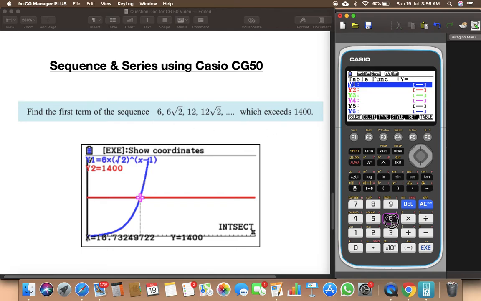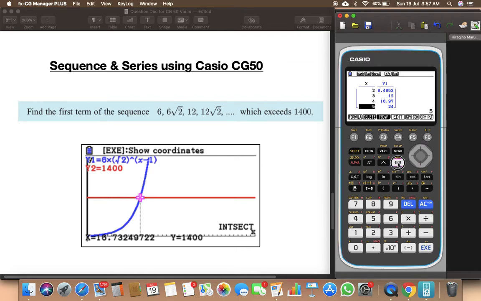It is easily seen the nth term of the series would be 6 times root 2 raised to the power n minus 1. So I can call it x minus 1, right? Okay, so that is what the series is, and I would like to plot this. You can see when I'm plotting 1, 2, 3, 4, the fifth term is 24,